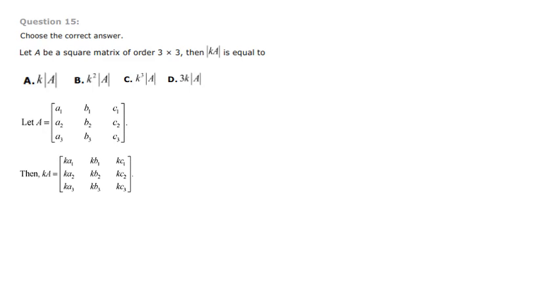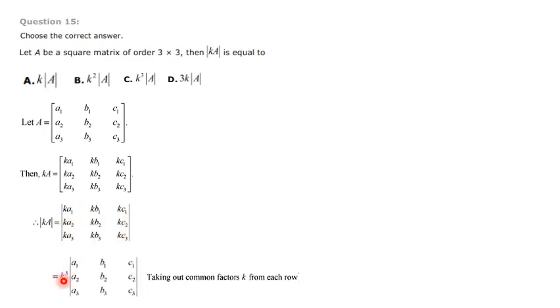Next what we have to do is calculate determinant kA. Determinant kA is equal to, just change the symbol. Matrix symbol changes to determinant symbol. The remaining elements are the same. Then we have to go for the calculation part, that is taking out common factor k from each row. That means the first row also k common, second row also k common, third row also k common. So k cube will come out. First row k into second row k into third row k. So k cube will come out. The remaining inside is again A1 B1 C1, A2 B2 C2, A3 B3 C3.